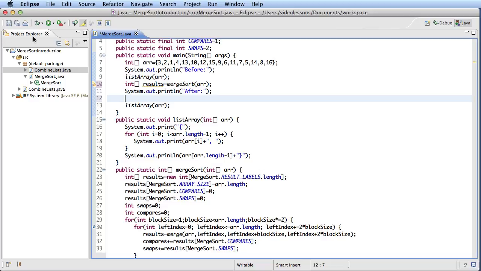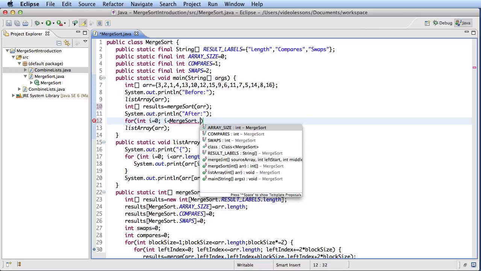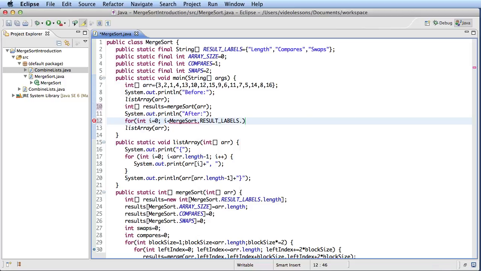And this is where this little structure that we set up here can save us some time, because we can write a loop that will loop through each of the values in our string array, our result labels dot length,